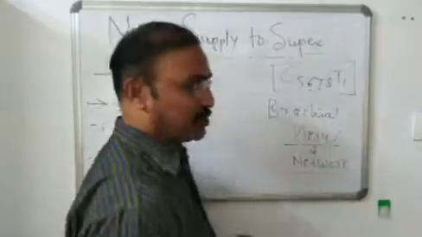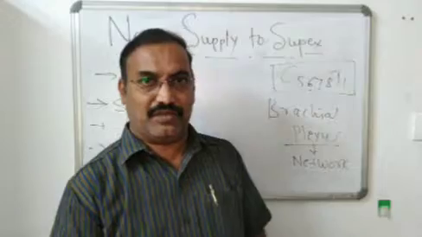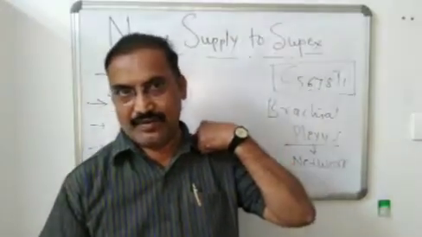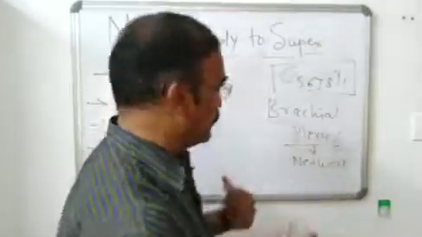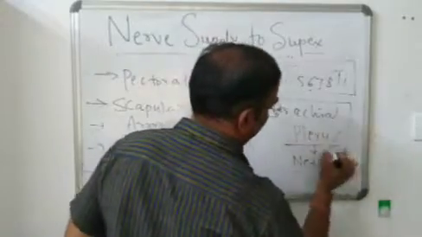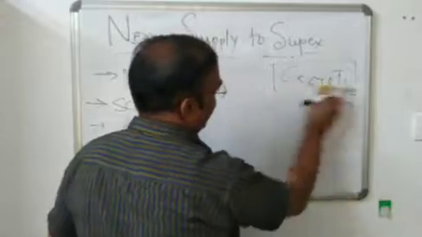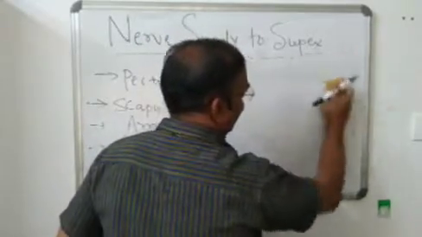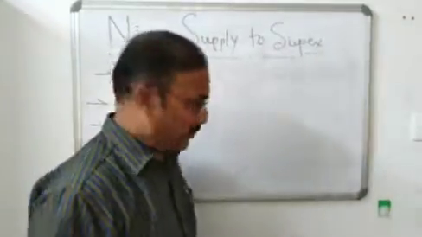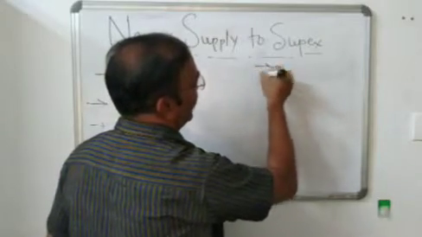So the five spinal nerves in cervical region unite with each other, forming a plexus at the root of neck, and that plexus supplies nerve supply to the superior extremity, and that's why this is called the brachial plexus. Now this brachial plexus we study in detail in next lecture. Just keep in mind this brachial plexus is formed by the union of spinal nerves, and after being formed, it gives various branches, and these branches supply the particular regions.